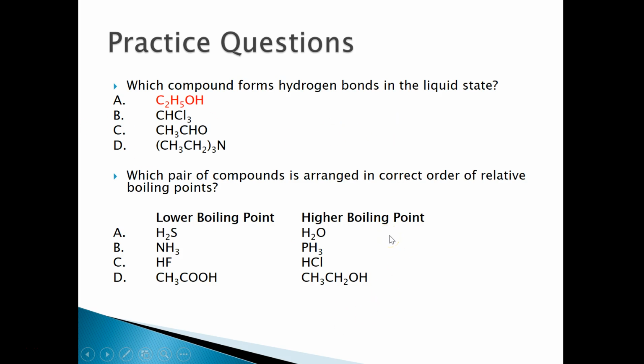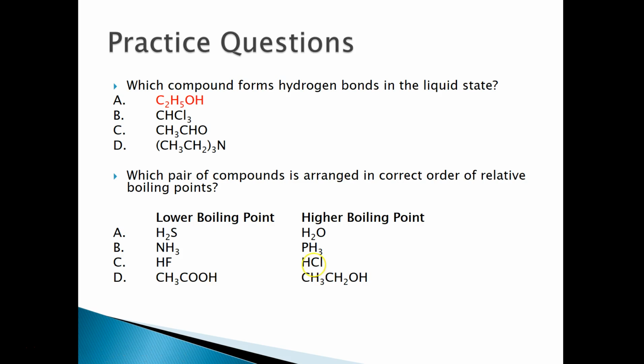And finally, which pair of compounds is arranged in correct order of relative boiling points? Well, again, let's start up from the bottom. So we have ethanoic acid and ethanol, and once again, they both have the hydroxyl group, but ethanoic acid also has that carbonyl group as well, so we would expect the boiling point of ethanoic acid to be greater than the boiling point of ethanol. If we look at choice C, hydrofluoric acid, or HF, has hydrogen bonding, and HCl has dipole-dipole as its strongest intermolecular force, so again, we do expect the boiling point of hydrofluoric acid to be greater than that of